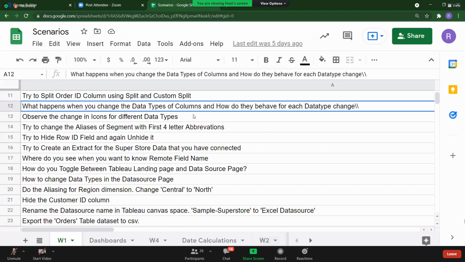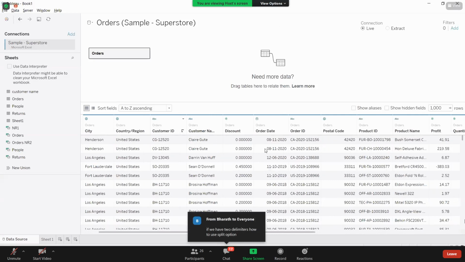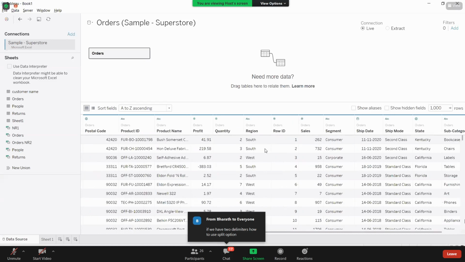Okay, let us go back to the scenarios. Observe the change in the icons for different data types that we have seen already. Try to change the alias of segment with first 4-letter abbreviations. That we will do. Here we are having one column called segment. If we have two delimiters, how to use split options.